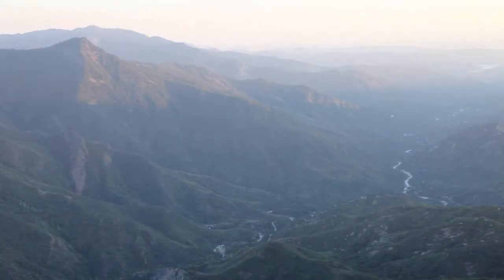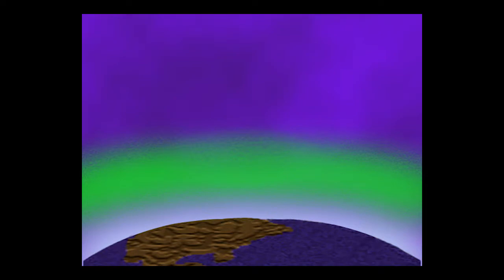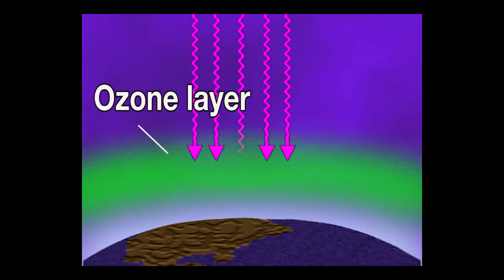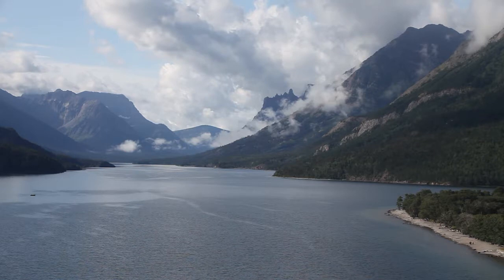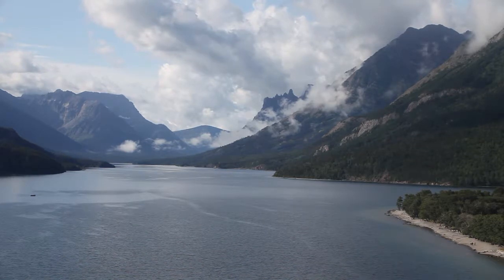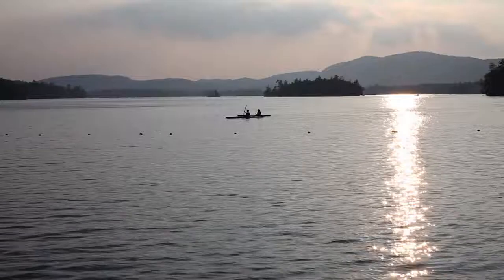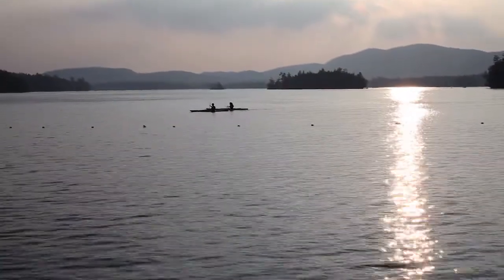Water droplets and dust particles in the atmosphere can absorb or scatter radiant energy from the sun. A thin layer of gas called the ozone layer plays a crucial role in absorbing a type of radiant energy called ultraviolet radiation. Clouds also play a role in absorbing and reflecting radiant energy. The radiant energy that does reach the Earth's surface can also be scattered or absorbed. Ice, snow, land, and water can reflect radiant energy.